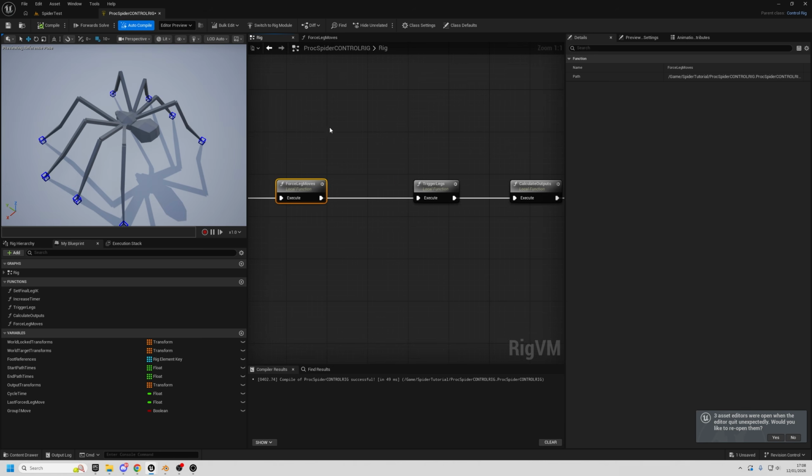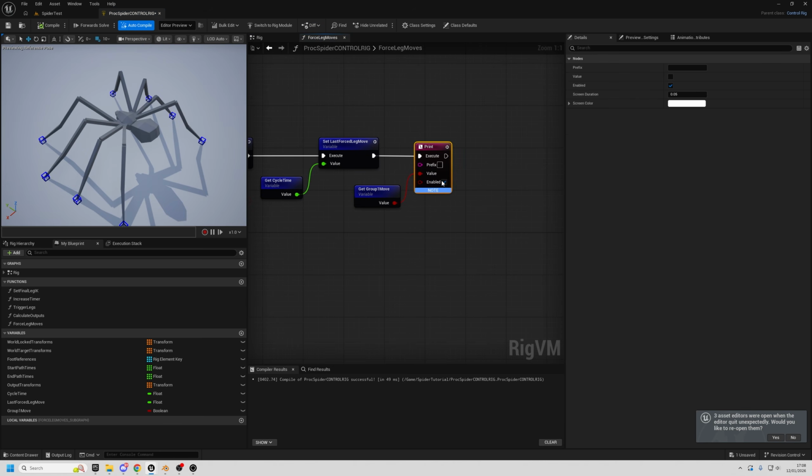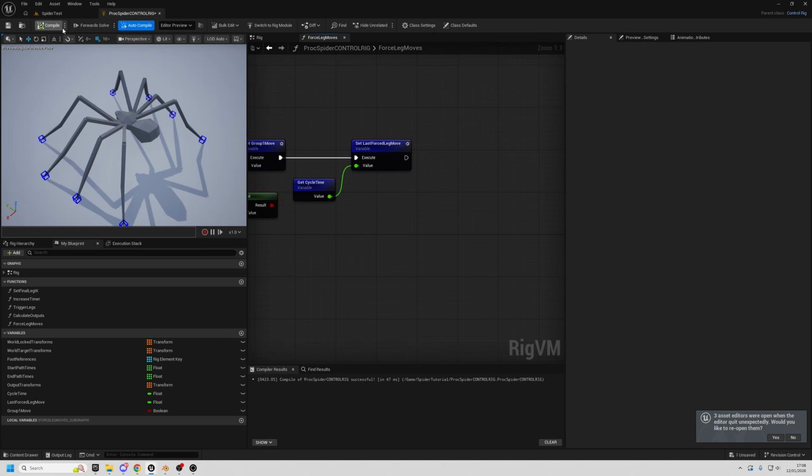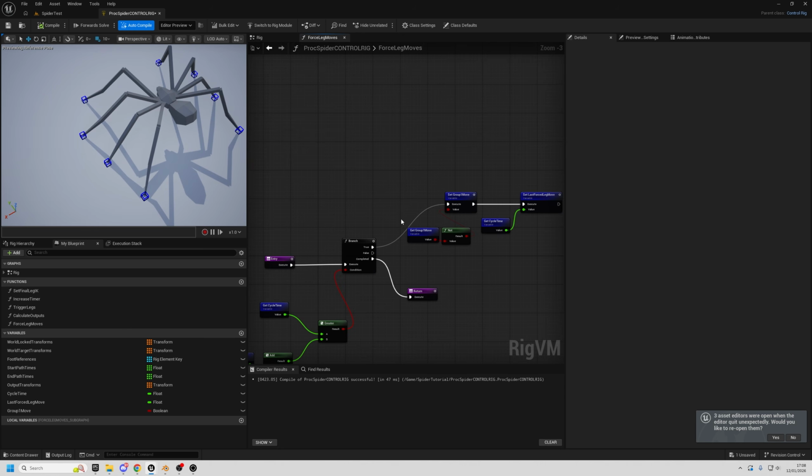I don't know how well that'll come through on the recording, but you should trust me that that's what it is. If you need to see things for longer, you can just select the node and change screen duration so it lasts longer. You can see it up here as well. True, false, true, false, true, false. Okay, cool. Now what we want to do is actually in this function, when we're doing the force leg move,